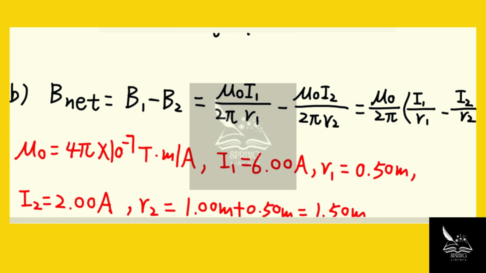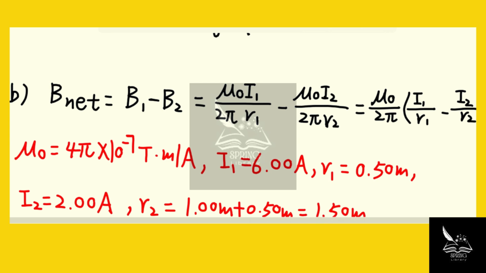And the next question was asking us the net magnetic field at point Q, which is equal to B1 minus B2. Okay, so we have mu 0 I1 over 2 pi R1 minus mu 0 I2 over 2 pi R2. So eventually we have mu 0 over 2 pi times I1 over R1 minus I2 over R2. So mu 0 is the permeability of free space, which is 4 pi times 10 to the power negative 7